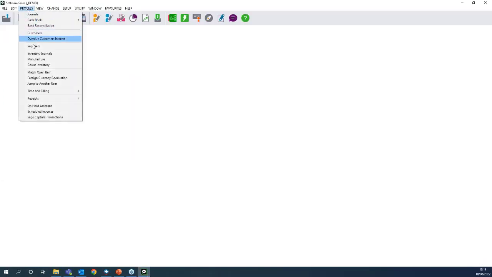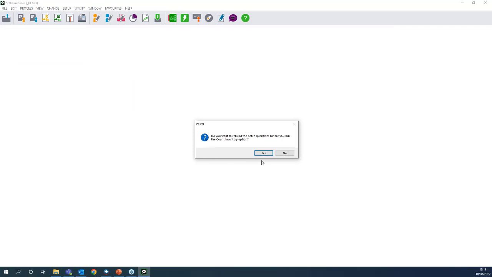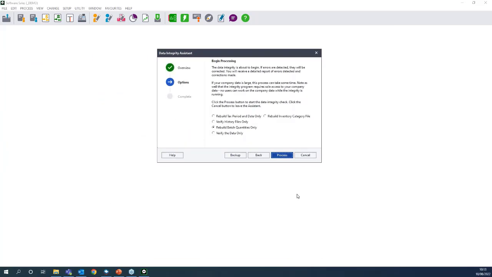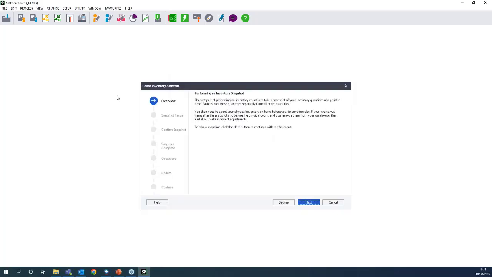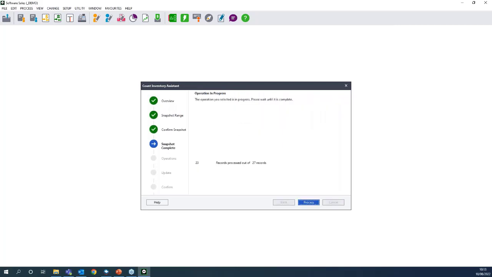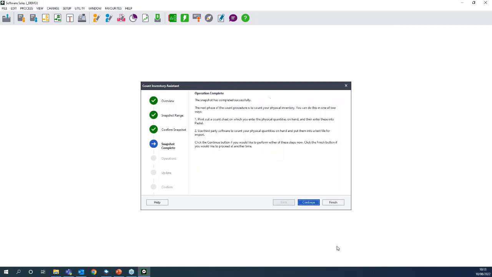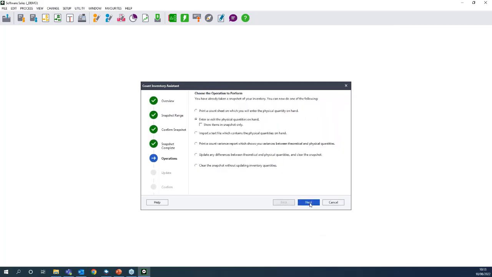So if, for example, you are processing a counter inventory, and when you update the counter inventory, you go and check your quantities and they have not been affected, that would mean that the files themselves have a problem. So when you've run through all of this, and I'm just going to do it very, very quickly, because this isn't about doing a stock take, but the moment that you update here, so you've entered all the physical quantities or you've imported them,